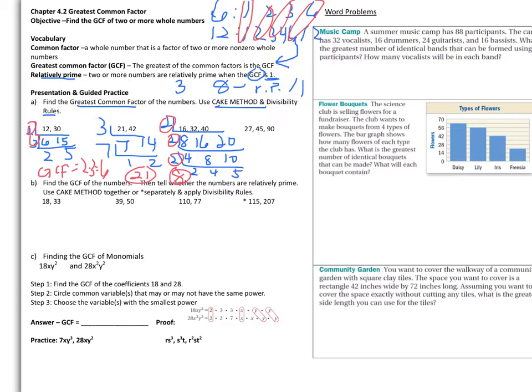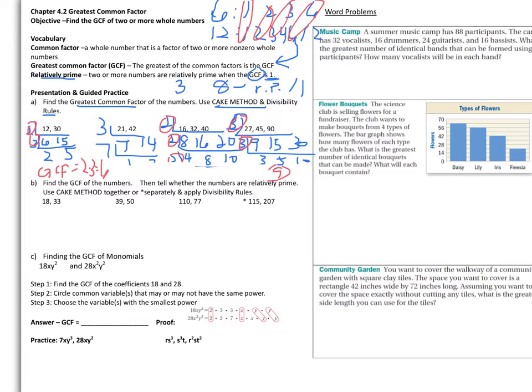And then the next one we have 27, 45, and 90. We begin with 3: 9, 15, and then 30. Then 3, 3, 5, 10. And then we have a greatest common factor of 3 times 3, which is 9. Now, moving down,